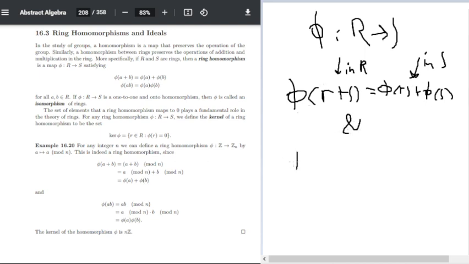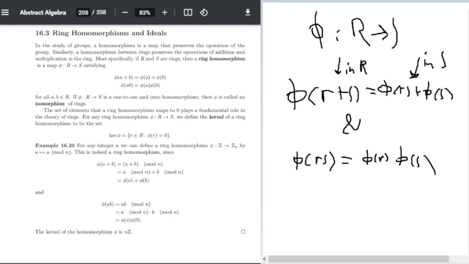And φ(rs) is equal to φ(r)φ(s). Alright. If φ from R to S is a one-to-one and onto ring homomorphism, then φ is an isomorphism of